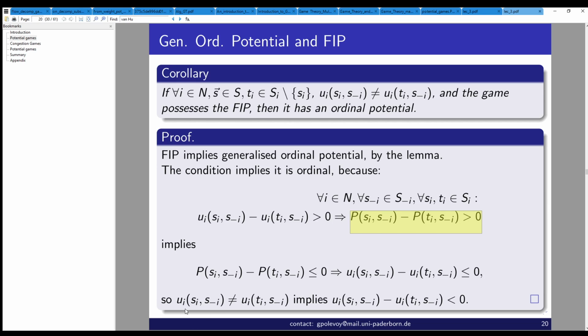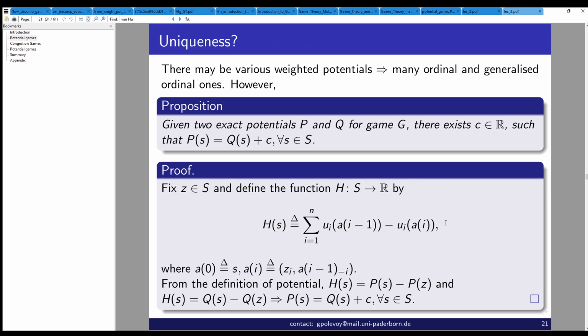And our assumption that the utility cannot be the same implies that the utility has to be strictly smaller. If the potential is strictly smaller, the utility has to be strictly smaller. And that's the other direction, which, in addition to the assumption that if the utility is smaller, the potential is always smaller, says that basically the game has an ordinal potential, not just a generalized ordinal. Okay, now the next question